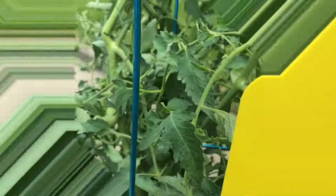which is down here. Now I know that there are a lot of different ideas about these traps, and that they draw them in from miles away, which they do. However, if you look at this tomato plant, there isn't any deveining going on. So apparently the beetles don't care for tomatoes